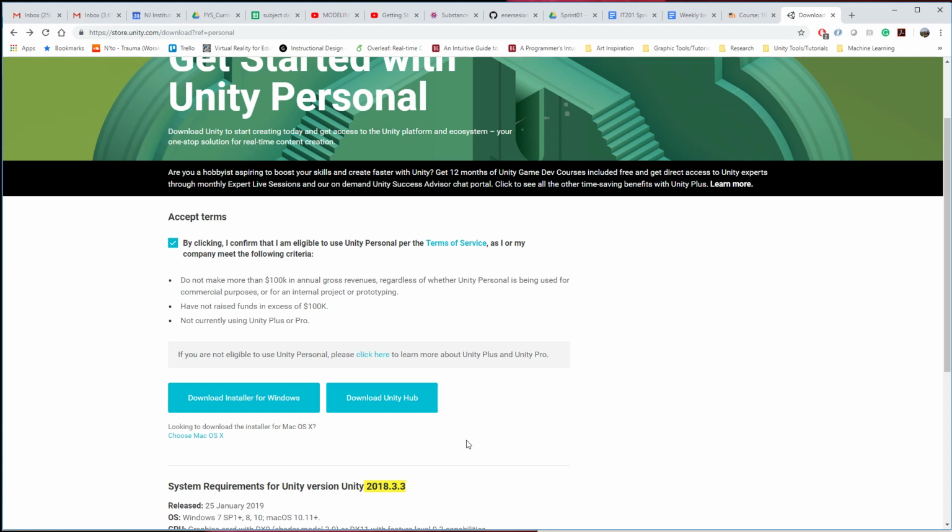It'll give you some prompts, asking where you're going to install it, and what additional features you wish to install. It's not the end of the world if you don't install them now. You can install them later, but just to make things easy, make sure you keep on Visual Studio and WebGL build. So Visual Studio is a coding environment called an IDE,